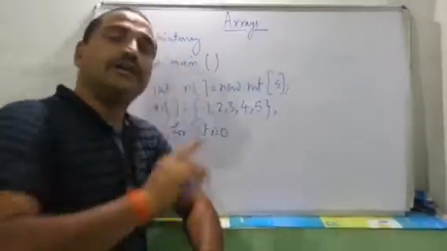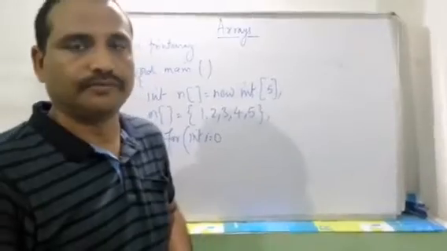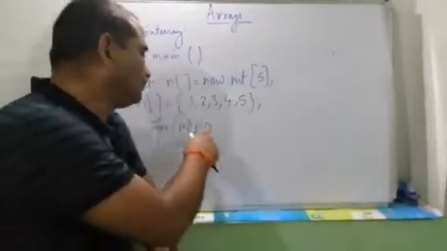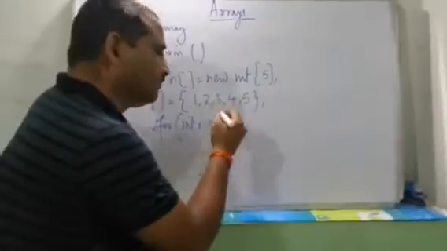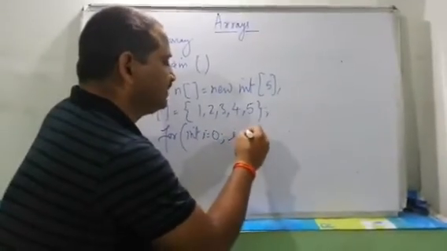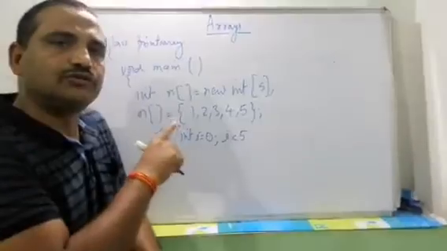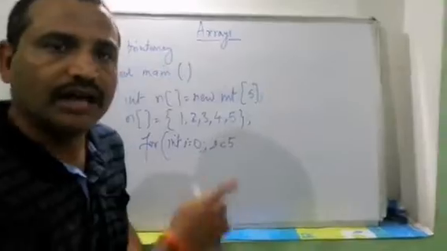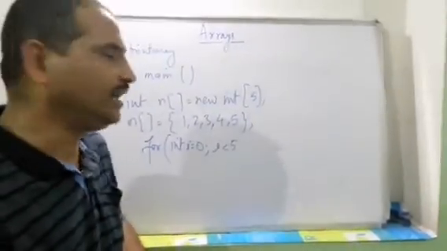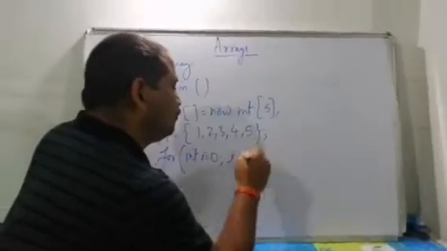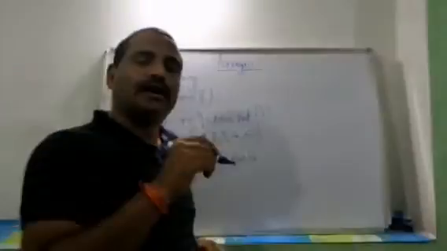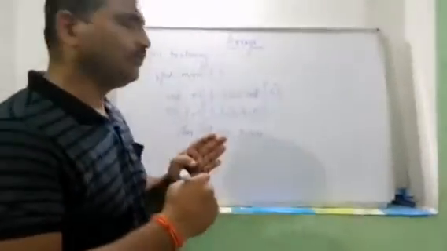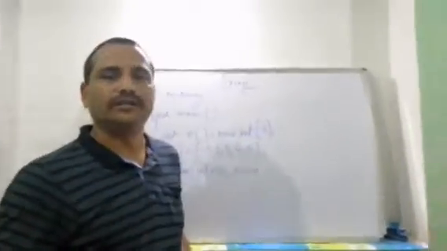So the initial value of this loop variable will start with 0. Whenever you have to use a loop inside the array variable, you have to start with 0. Then how many times? 5 times. So if you write i less than or equal to 5, it will be 6 times. That's why i less than or equal to 5 is not written, i less than 5 is written. You can also write i less than or equal to 4. Either you write i less than 5 or i less than or equal to 4. We have to repeat the loop 5 times only, not more than 5.